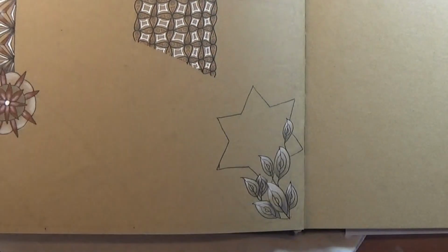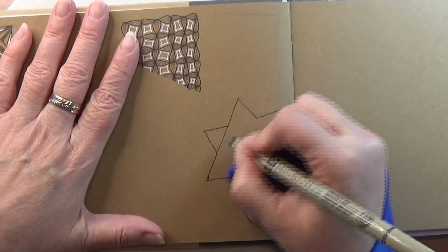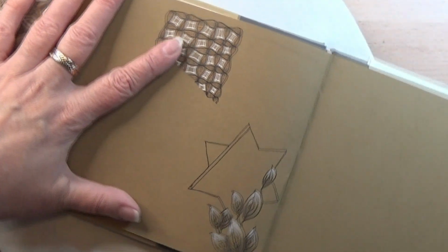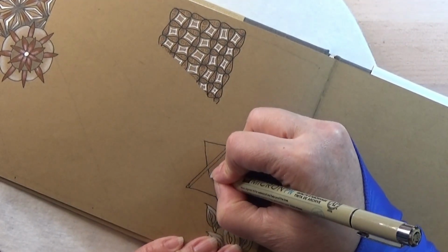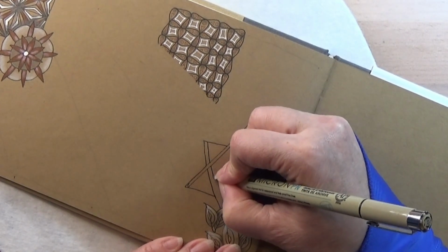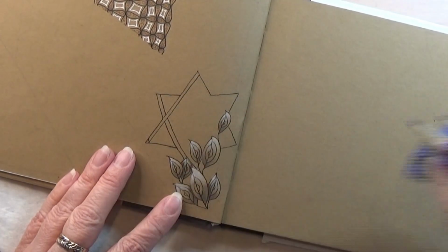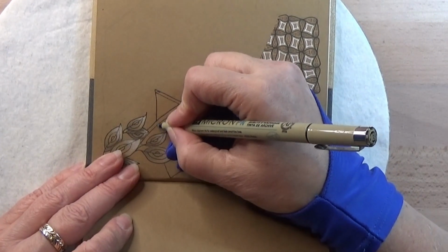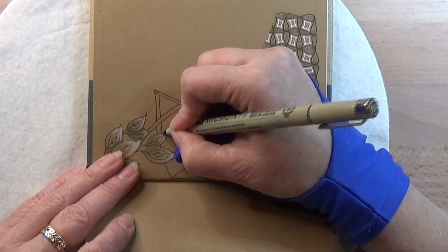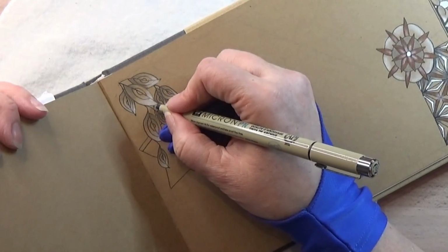So I am using my Micron PN just like before, and we're starting on one side here, so I'm going to make this into one line and then make kind of a ribbon here like this, and then I'm going to turn my book and make this line here into one line behind the ribbon we just made, and then I'm going to make the ribbon behind that one. And I'm gonna place it a little more in the center here. Turning my book or tile, making this one here into a line, making a ribbon behind the ribbon from before, going behind my leaves and to the tip of that one, turning my book or paper or tile,